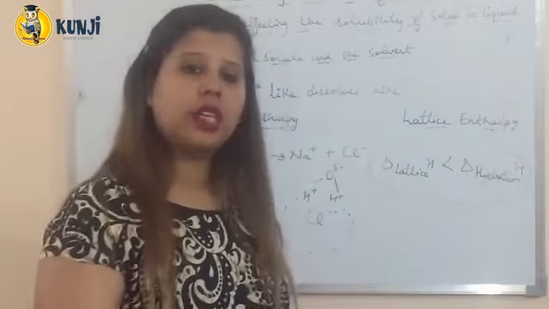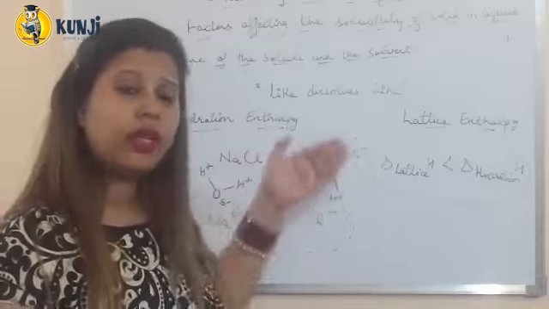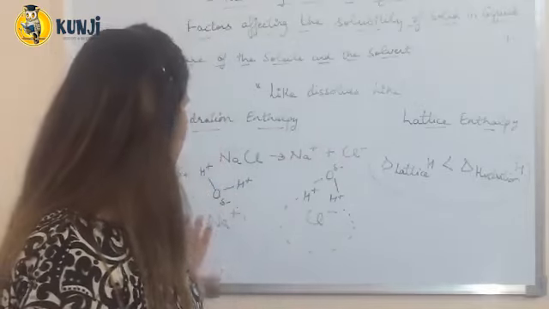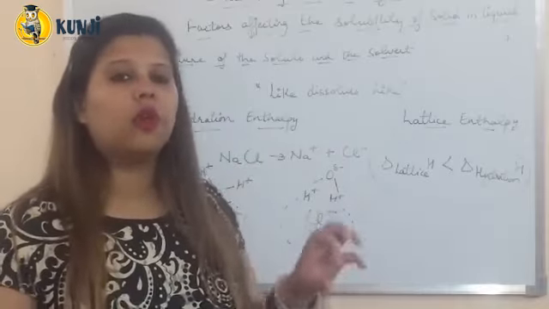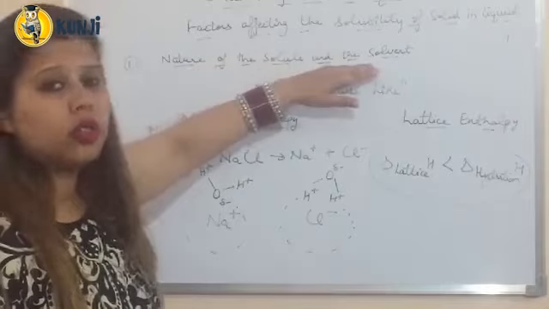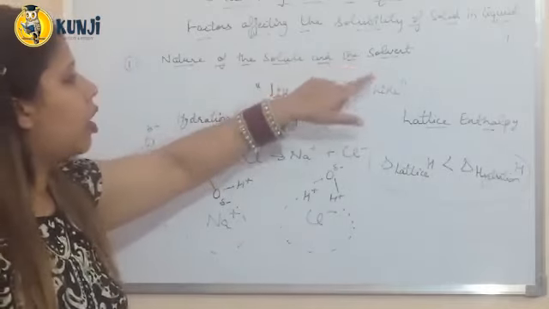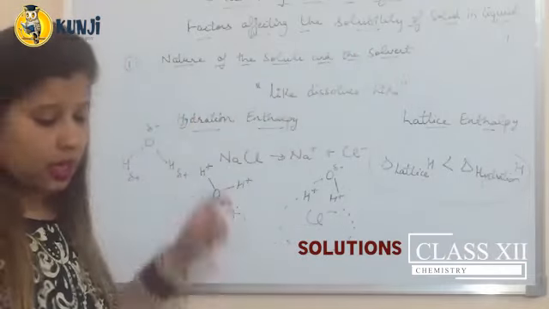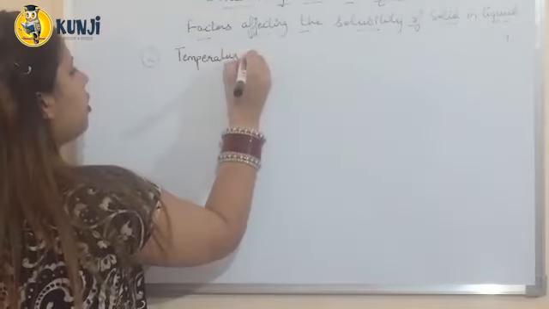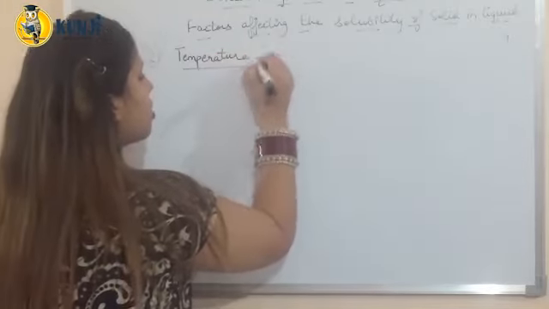Which means the energy required to break the lattice should be less than the energy released when the ion is hydrated by the water molecule. So this is how the nature of solute and solvent affects the solubility of solids in liquids. And the next factor is the temperature. Now for the temperature, the solubility